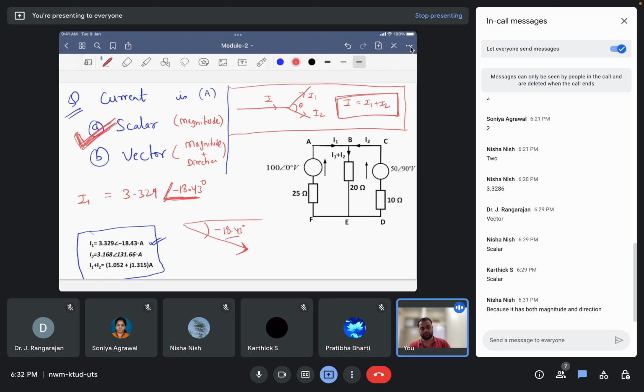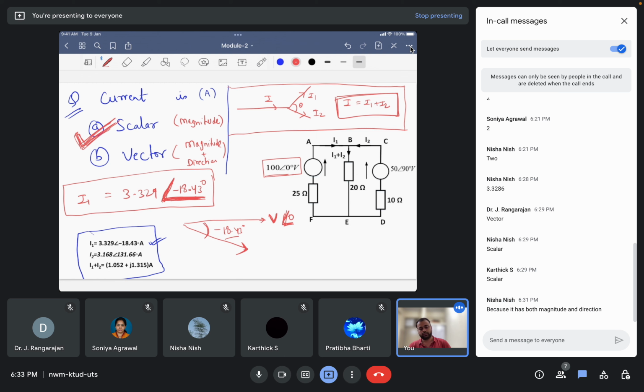And this angle here is actually not a direction. This is basically the phase difference between the potential and the current. If we have taken our potential source as 0 degree, then with respect to this voltage V at 0 degree, we are measuring our current. This doesn't give us the direction of current, but tells us the nature of current, whether this is an active current or a reactive current.